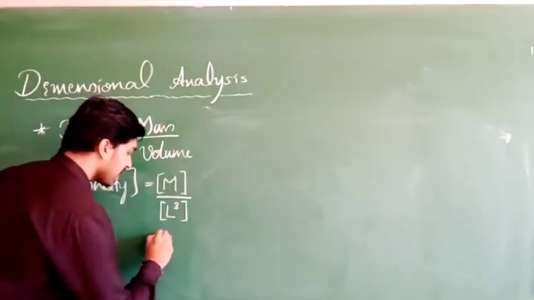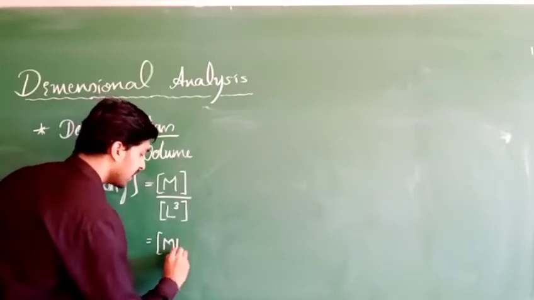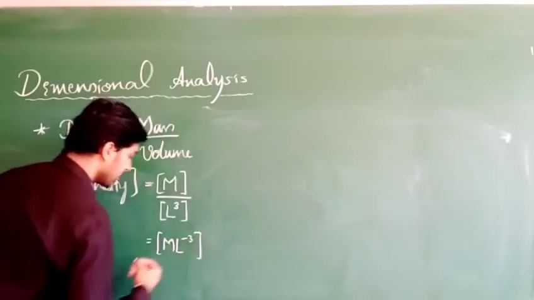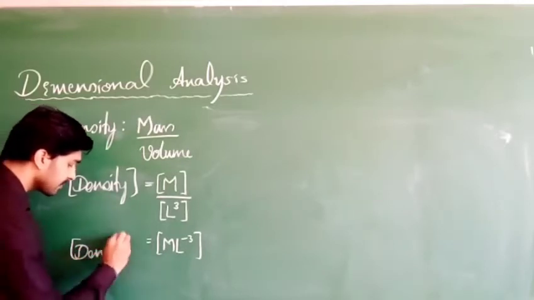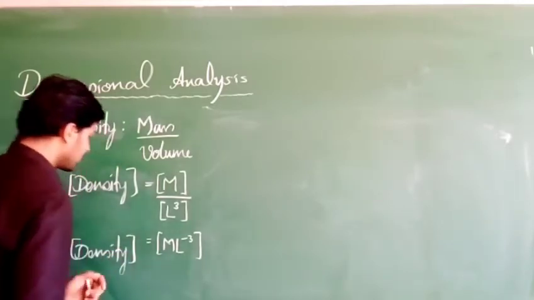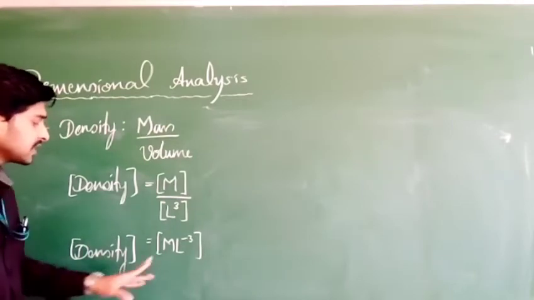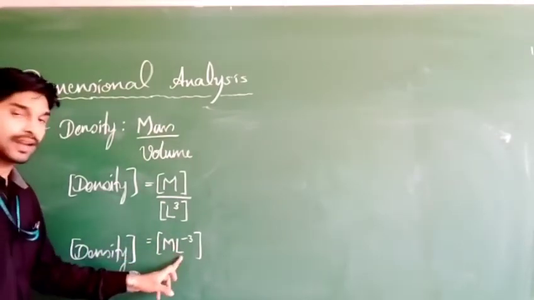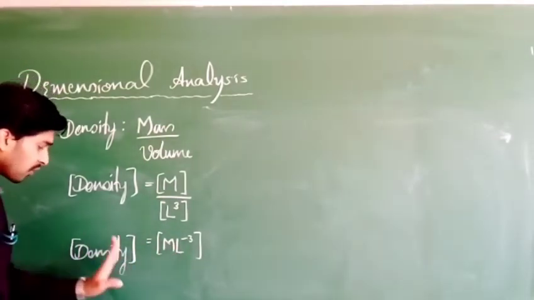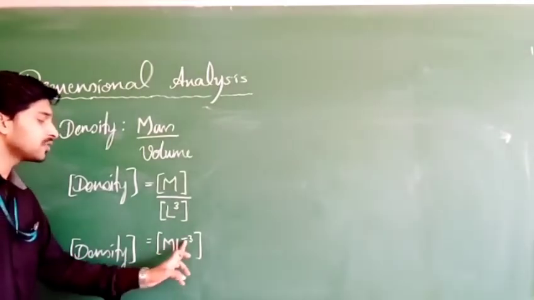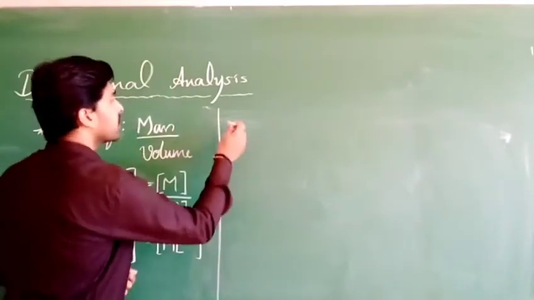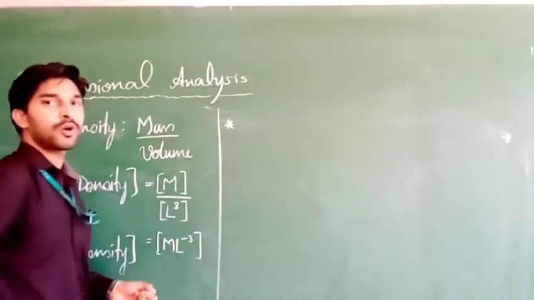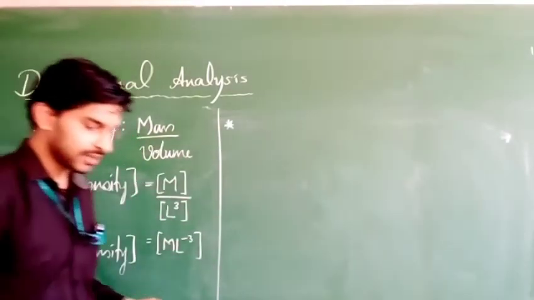So finally what can I write? M into L to the power of minus 3. This is the dimensional formula for density. Clear? So the dimensions of density are 1 in mass and minus 3 in length. Dimensional formula for density is M L to the power of minus 3. Clear? So one more very important one, which most of the competitive exams ask,